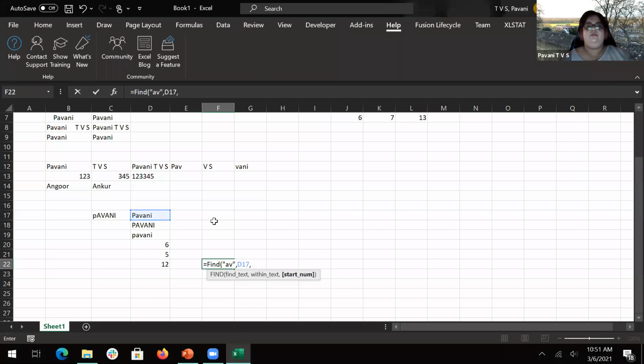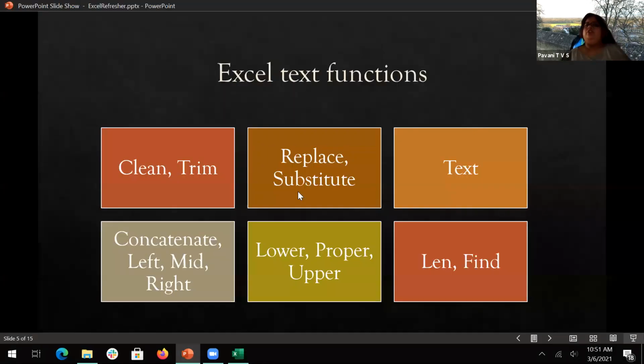Start from 1. It is saying that particular V is there, right? It starts from the second character. So it's going to return the position for you. So you can mix and match and play around with these functions. So those are text functions.